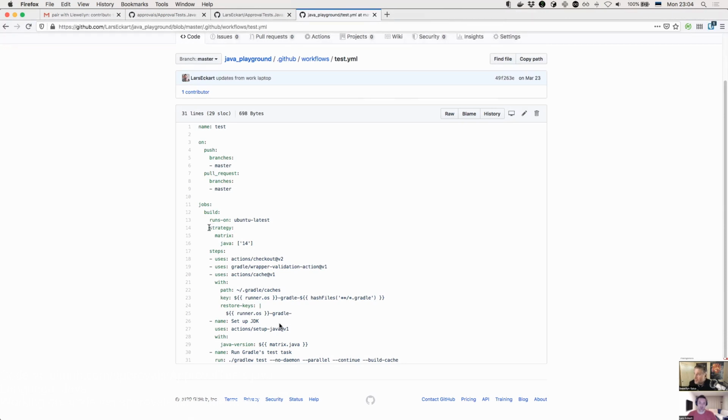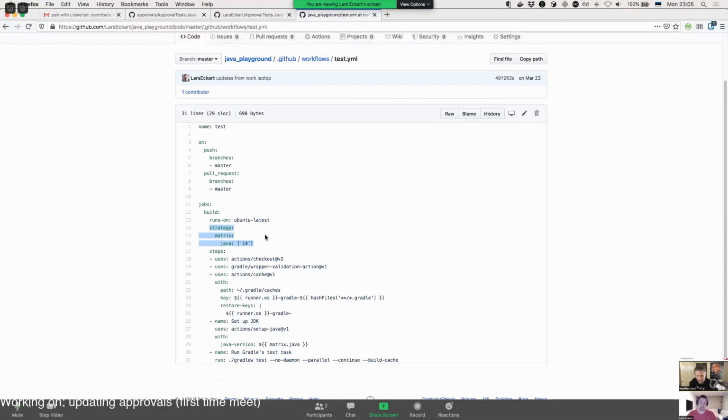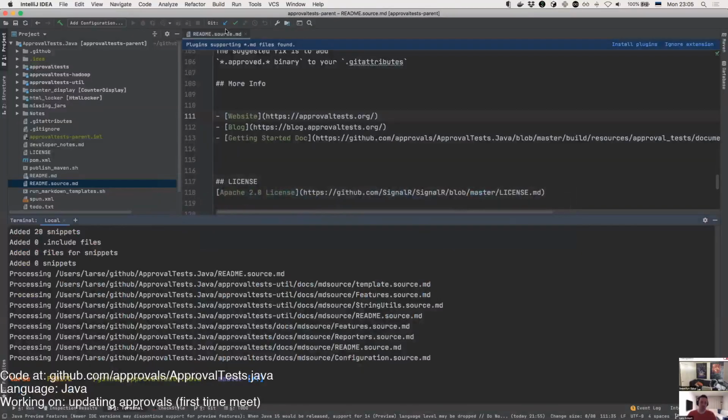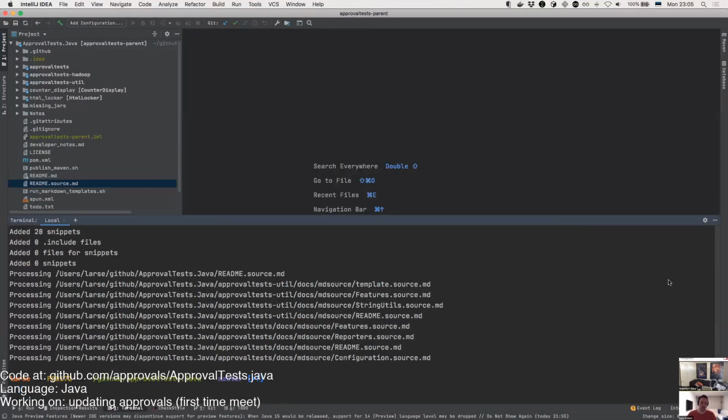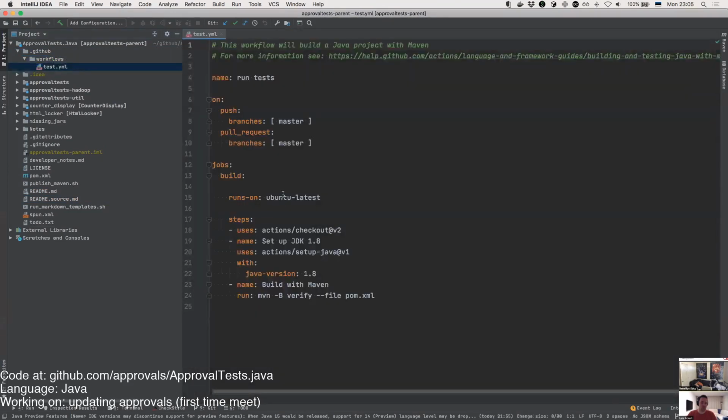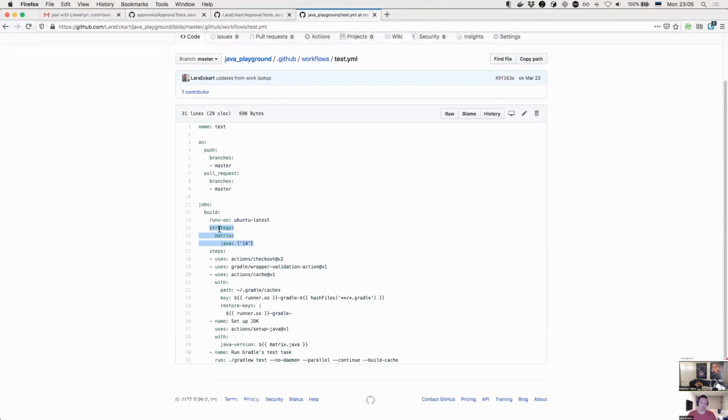What's next on your list? We could look into also adding a matrix so that we're running different Java versions. Give me 1 second. There might be some outside noise for a little bit.